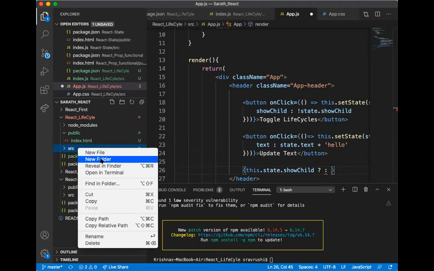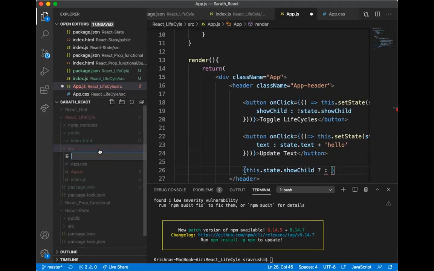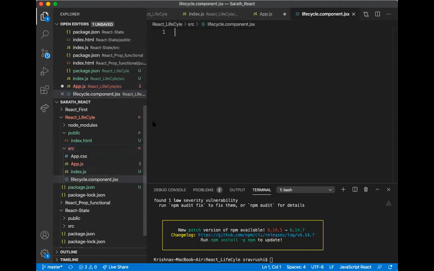So I am going to use one more component, that is life cycles, lifecycle.component.jsx. Okay, lifecycle.component.jsx. So this is the one which will be hitting actually. In this component, lifecycle.jsx, I am going to create the life cycle methods.